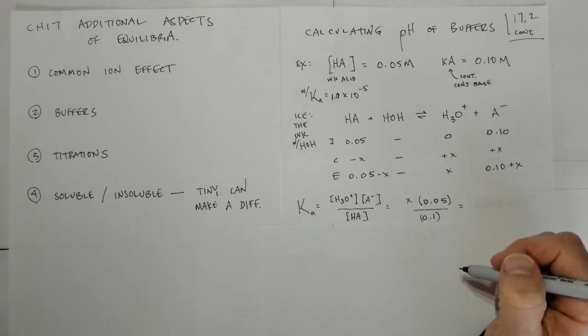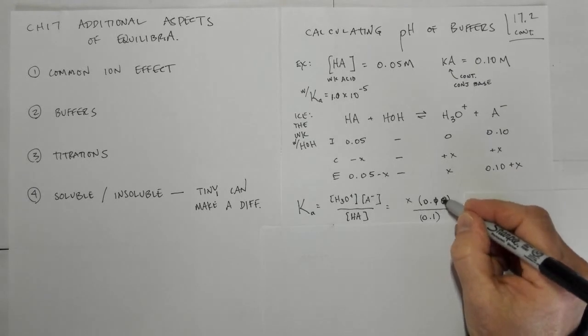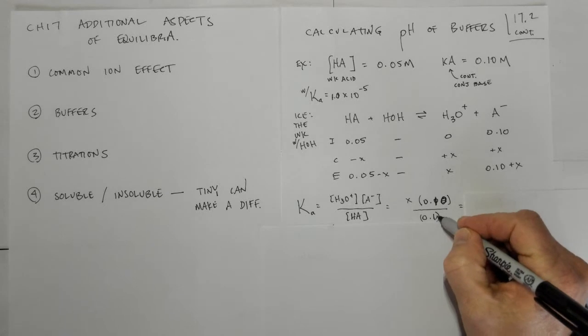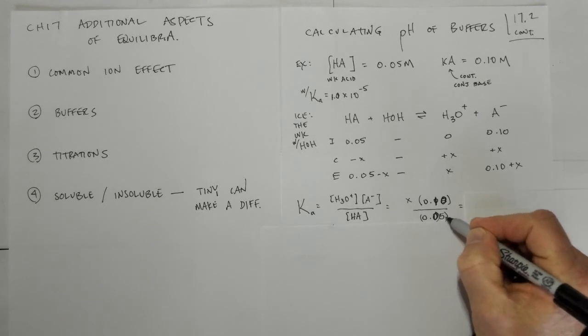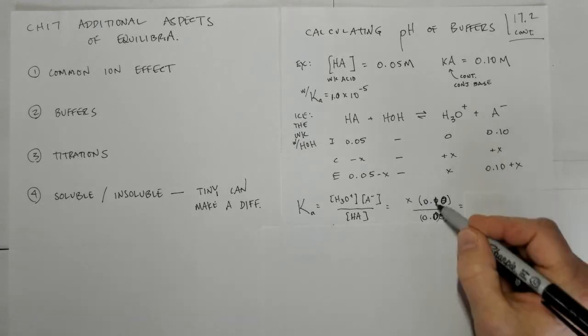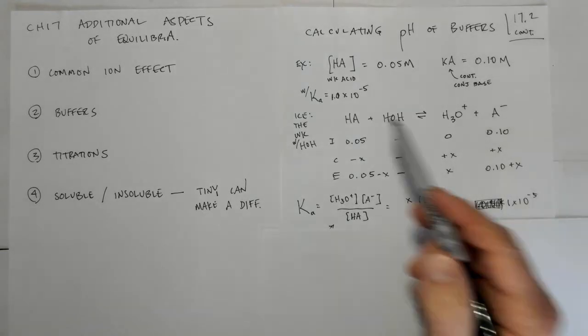A minus, 0.1. This should be 0.1 right here. And then this should be 0.05. So 0.05 should go on the bottom right here. So 0.10 coming from right here and 0.05 going right here. And then this is set equal to the Ka, which is 1.0 times 10 to the negative fifth,